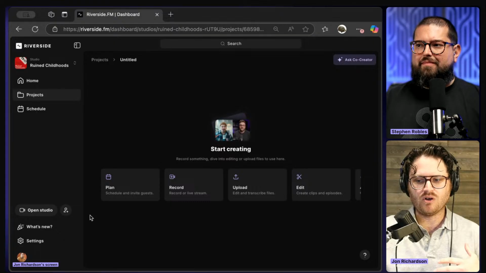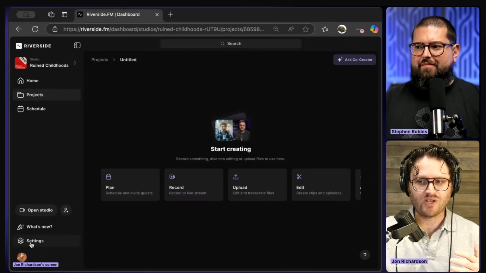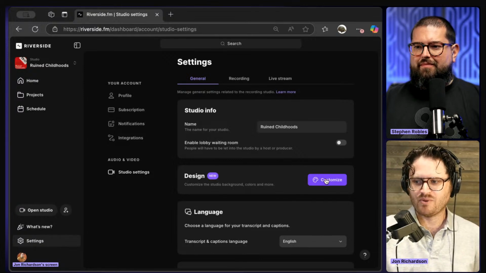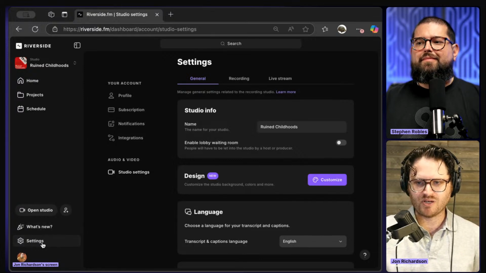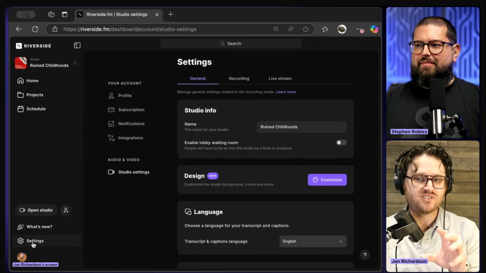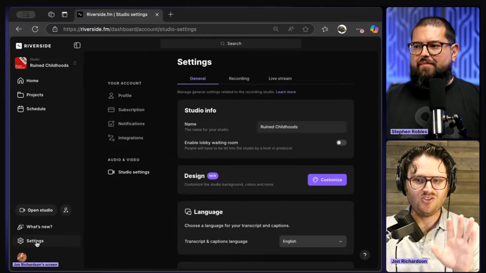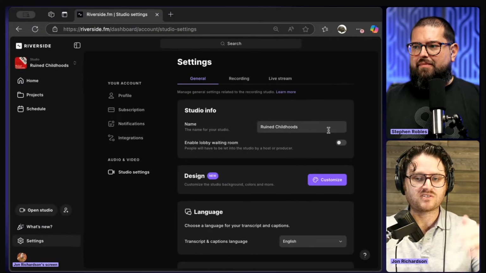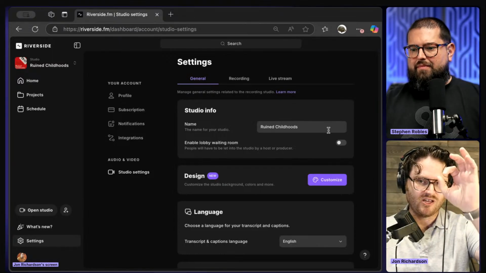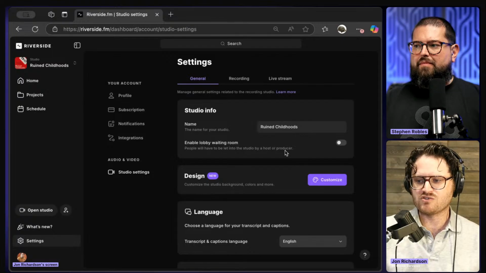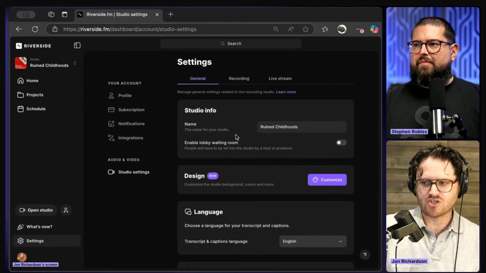I also want to go into the studio settings for a second, because you'll notice that there's the customize button here. And by the way, I just clicked this button here at the bottom that says settings. When you create a studio, you do have some settings, but that's not everything. You go into the settings here, or if you are in a recording, before it starts, on the top, there is another gear icon. You can click that and you can change more settings. So here's where you can change a lot of information about your particular studio.